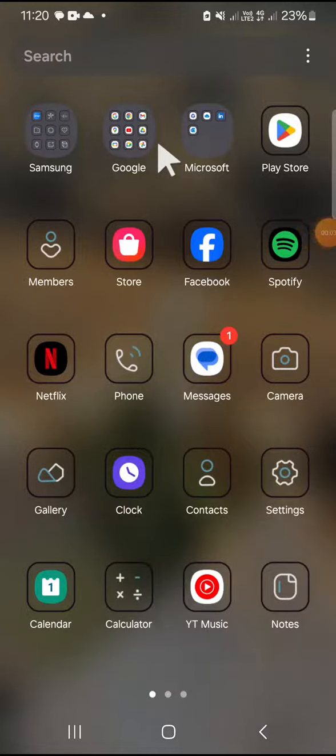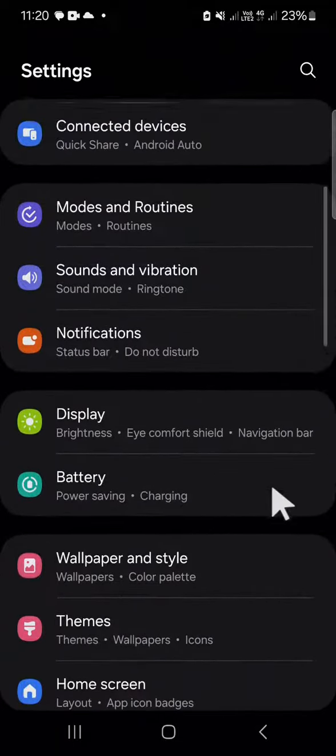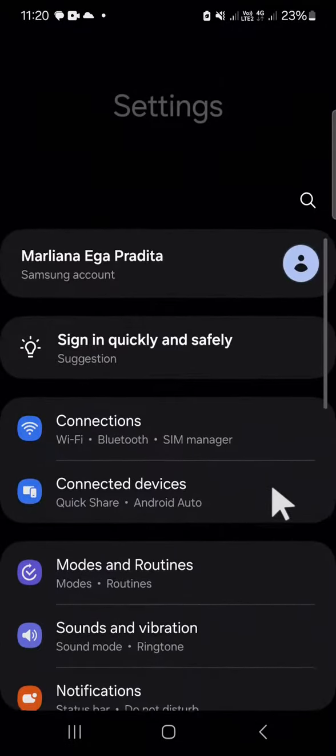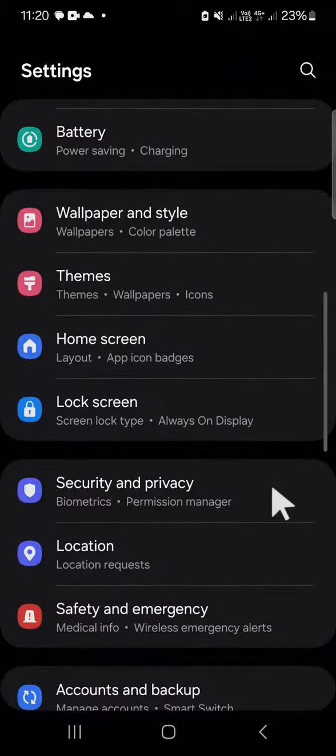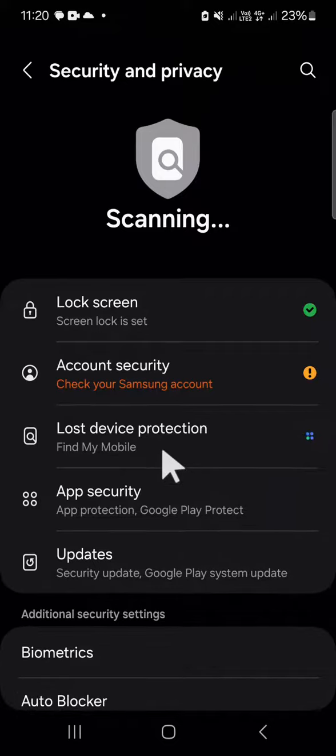In today's tutorial, I'm going to show you how you can make your lock screen pattern invisible on your Android phone. Okay, first of all, you can open your settings application on your Android phone and you have to open the security setting. You can scroll down until you find the security and privacy setting, and here you can